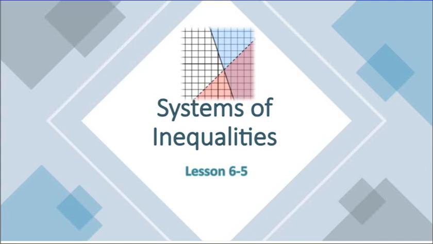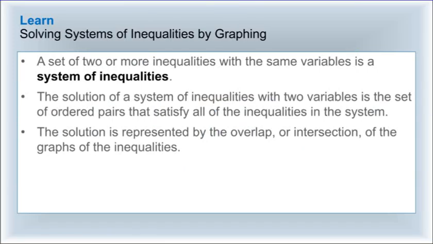Lesson 6-5, Systems of Inequalities. A system of two or more inequalities with the same variable is a system of inequalities. We've already gone through